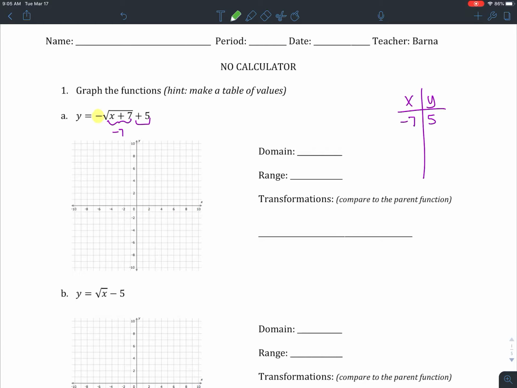Now, in order to actually find the other points, I'm going to think about what are my perfect squares. And for the most part, I'm going to always use these 4 numbers. I could continue and do the next perfect square, 16, 25, but most of the time, only the first 4 are actually going to fit on the graph. So what I'm going to do is say, okay, well, if that equals the part inside the radical, x plus 7,